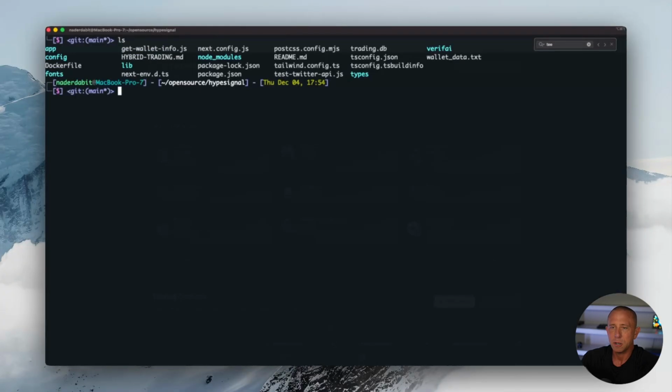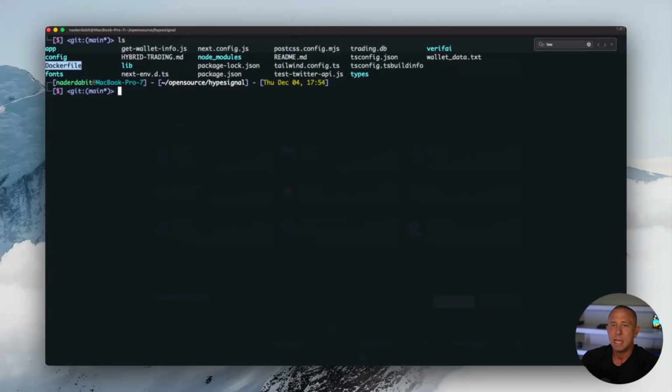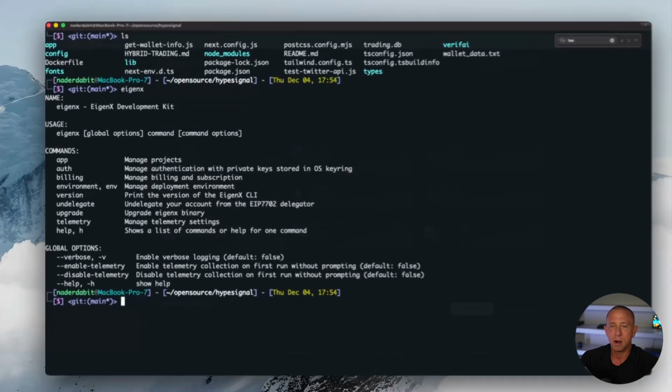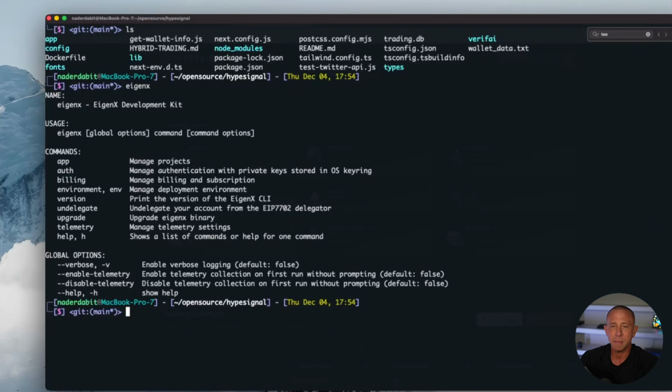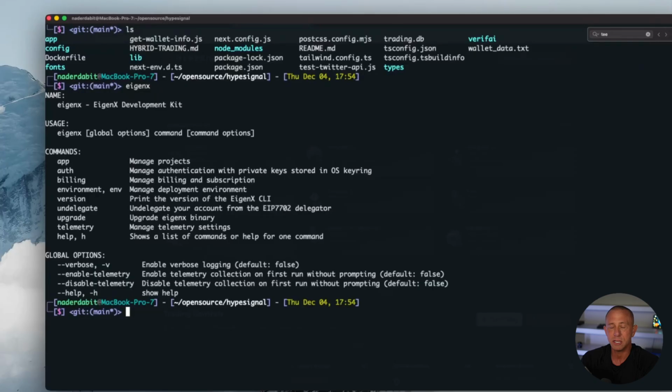Here in our terminal, we have this application that is set up with a Dockerfile. This is all you need in order to deploy to EigenCompute, as well as the EigenX CLI. And once you have this installed, you can just run EigenX and see all the different options. The three things that you might need to do to get set up are using the EigenX auth command to authenticate, EigenX billing to set up your billing, and then EigenX app is what we're going to be using to